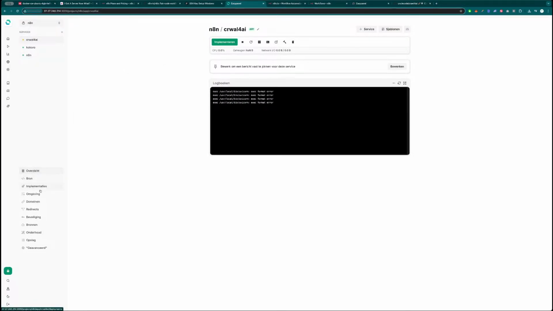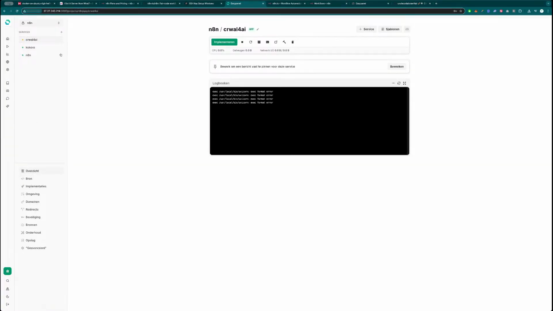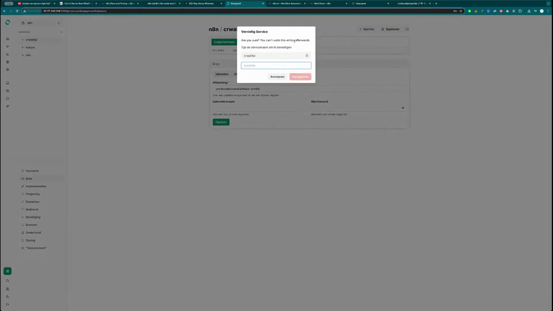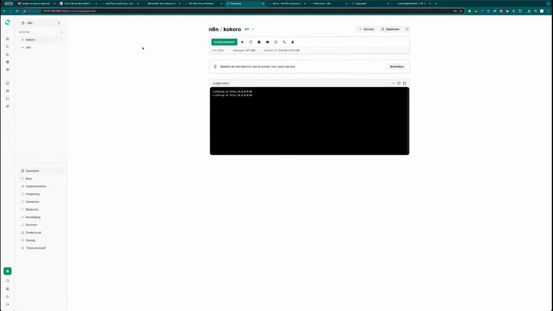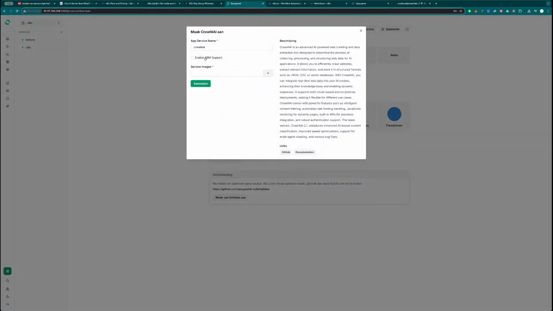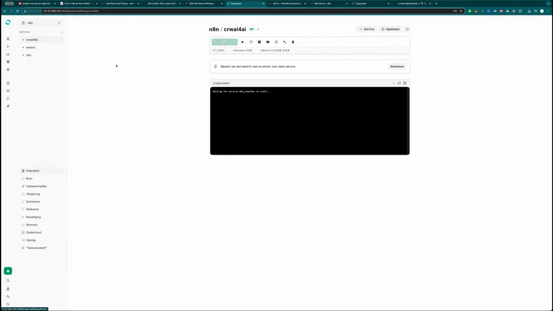That's a bit strange, but it's deployed, so okay. Let me see what the image is. Basic ARM. Oh wait, I know. I think I know what I did wrong. Let's delete it and try it again. And do it like this. Let's check if it's going to work now. So